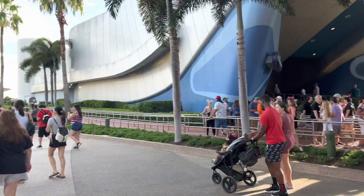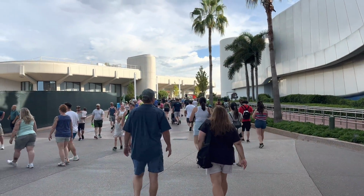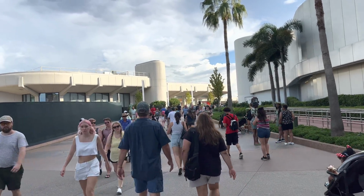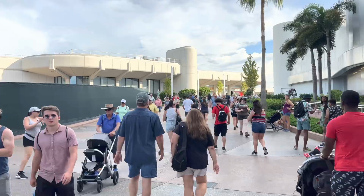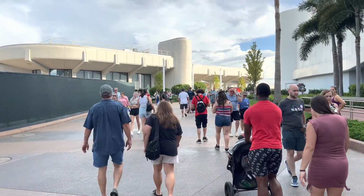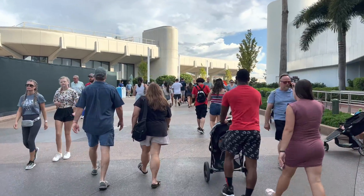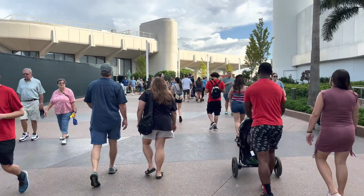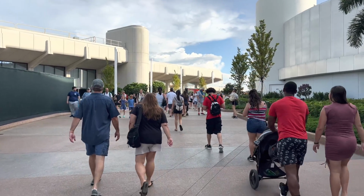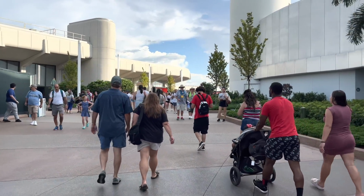Definitely say this is probably a park to avoid in the evening time when Mickey's Not So Scary is on, just because people do jump on that monorail and it's the quickest park to come to from Magic Kingdom when they kick everyone out. So I would probably try and avoid spending the evening here on those nights. Maybe go to Hollywood Studios or Animal Kingdom instead on those days when Mickey's Not So Scary is on, because